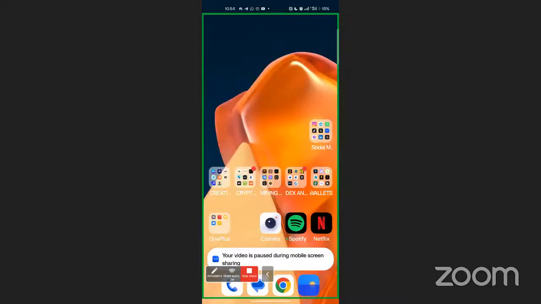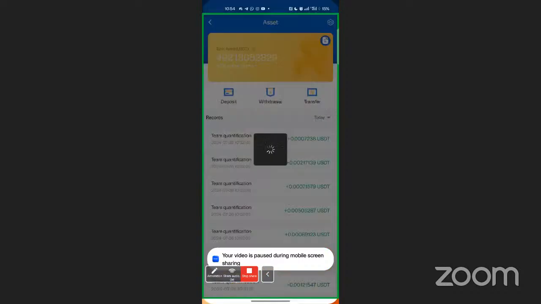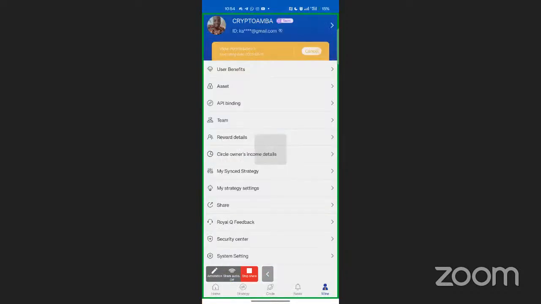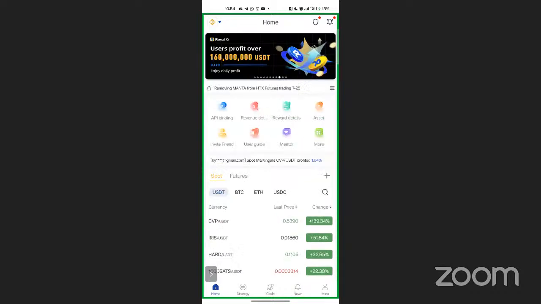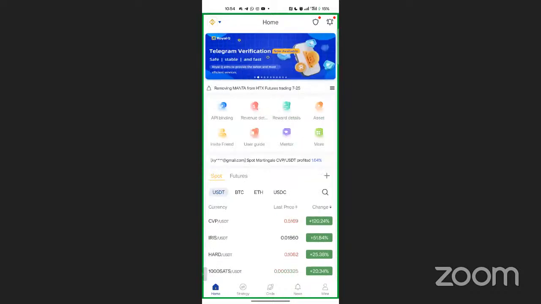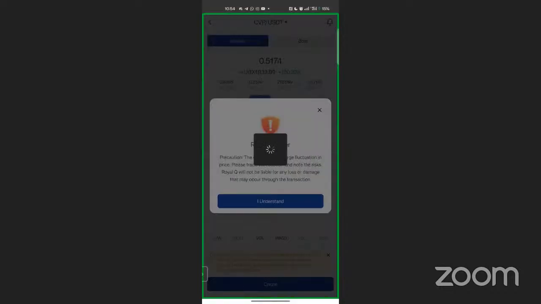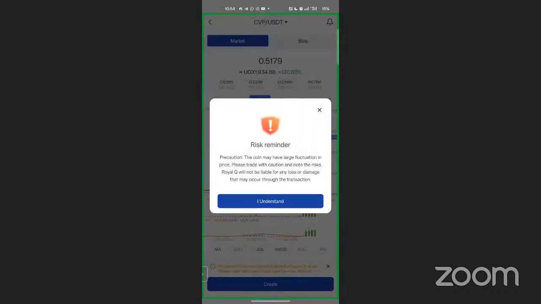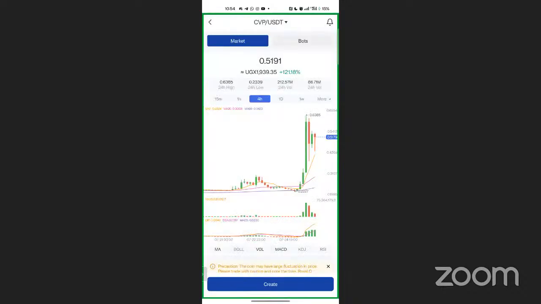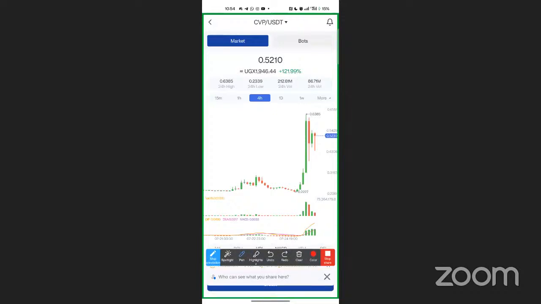Okay, now let's get here. Let's pick any coin. The coins are many. Now let's pick CRV, CVP. CVP stands for, I don't know. Now this is what I've explained. Let me remove all the rest. I've told you, once the crossover happens in the green histogram, the coin is going to pump.